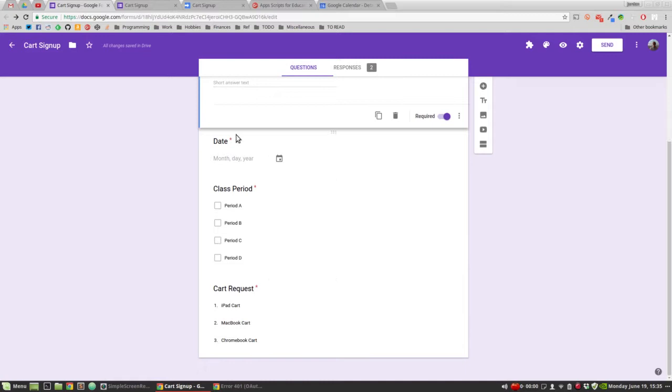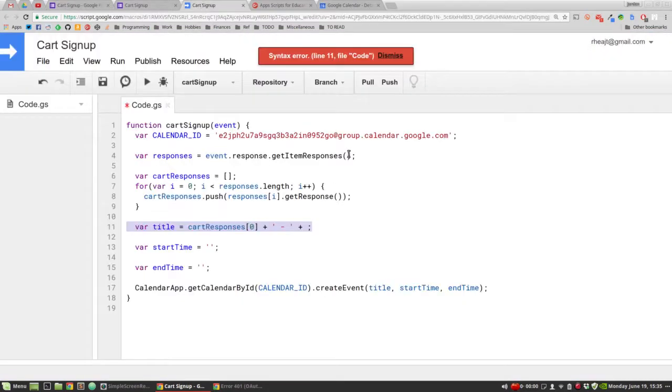No, I'm going to put the cart request in there, and that's the last element in the array. So we've got 4 elements in the array, so I'm going to take cart responses, and that's going to be index 3. Okay, so the start time and the end time,